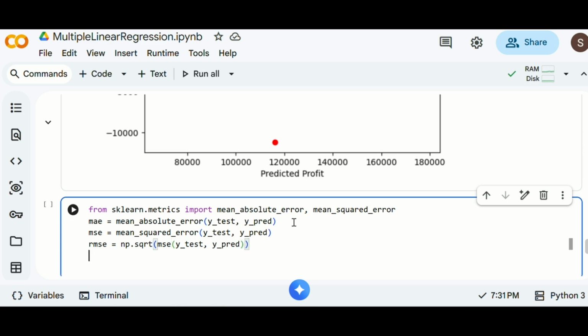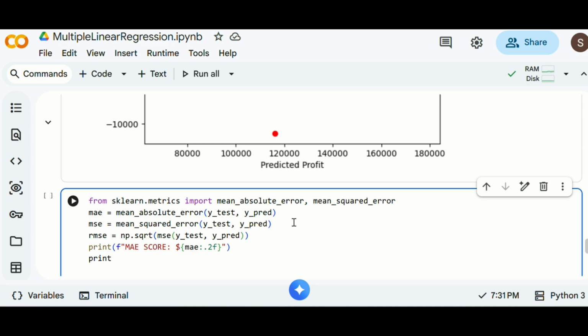And this is done. The next thing that we need to do is the printing. I'm gonna use an f-string and MAE, MAE score. So let me just quickly use it. So it's gonna be in dollars. I'm gonna use the curly brackets. I'm gonna call the variable MAE, and I'm going to use two decimals, .2f. Similarly, you can also print